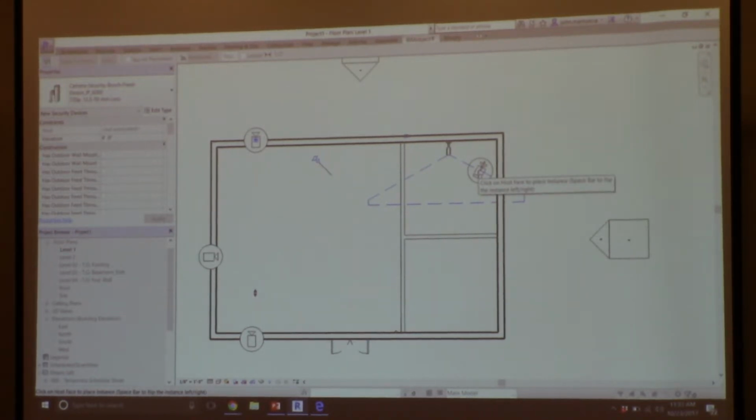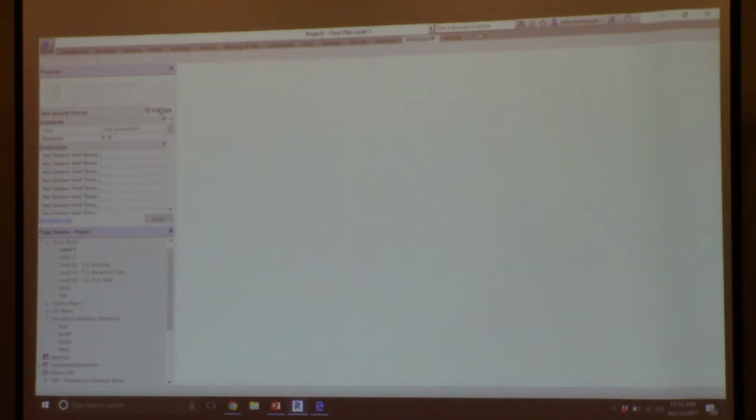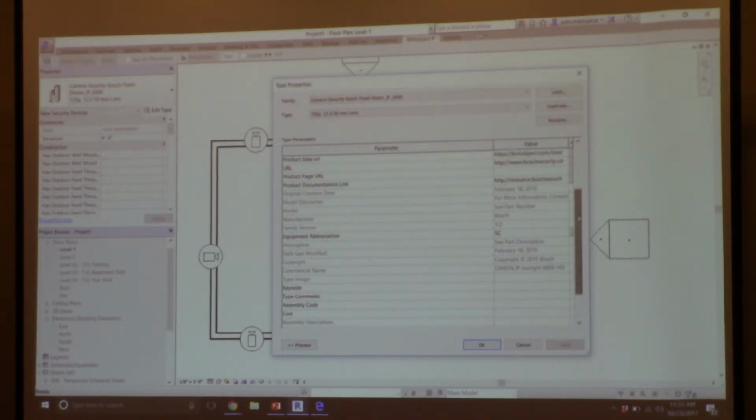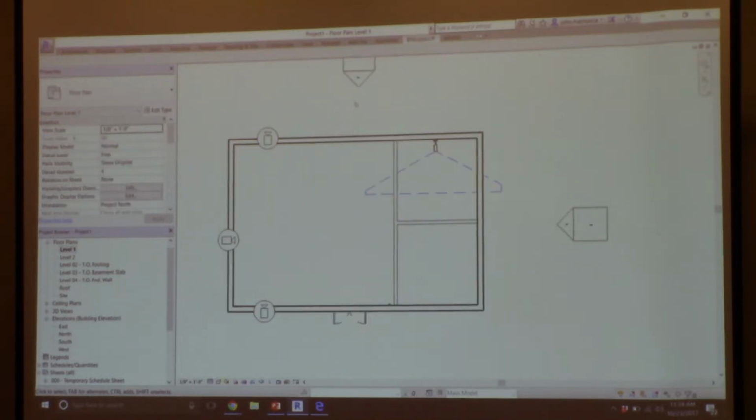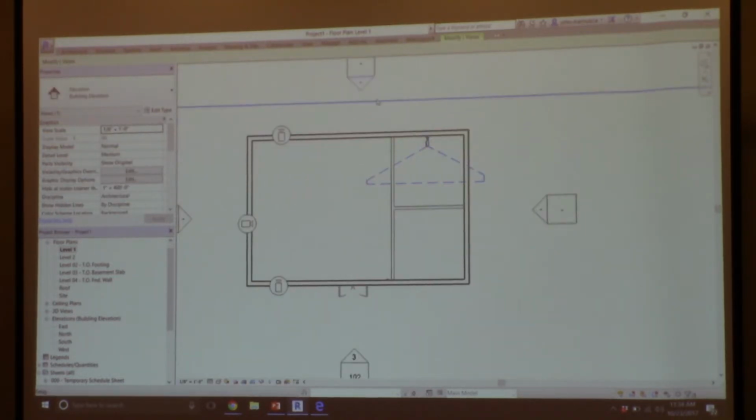Well, let's see, this one, let's see, I don't know. And then also, how do you identify the height of that camera if you were to install it on the wall? Sure, so you just select it, and currently this elevation's 4, which is too low, right? So I'm just gonna change that. But you see how the symbol's there, I changed the elevation. If I go to this elevation view,